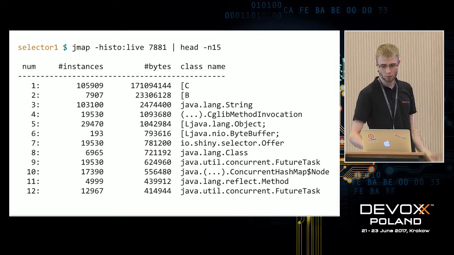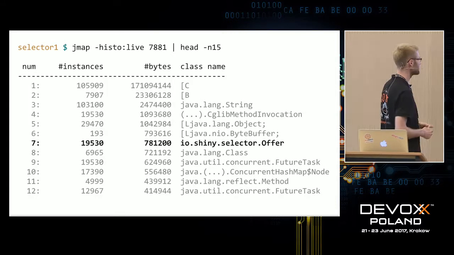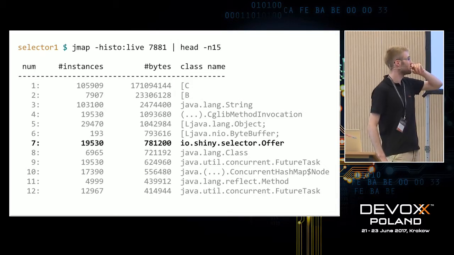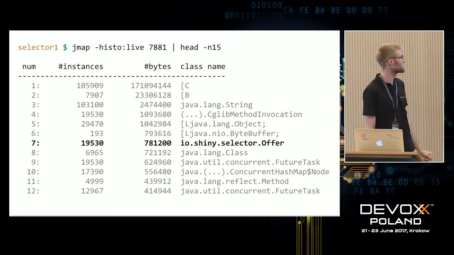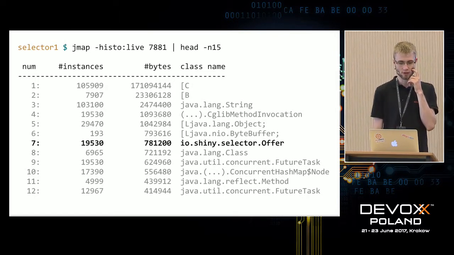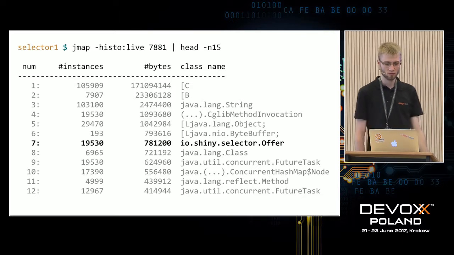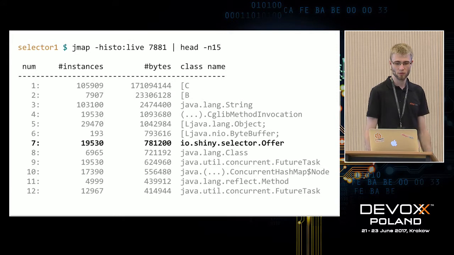When we look for our own classes, we see that we have our offers, almost 20,000 offers in our memory. How is that possible if we have just 10 threads in our thread pool? 20,000 seems like a lot.